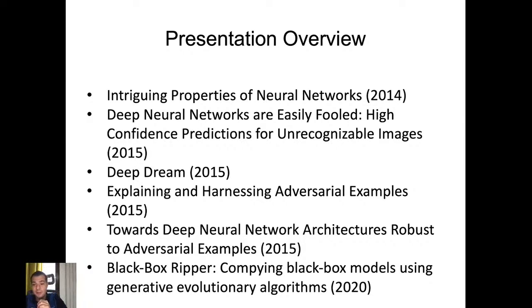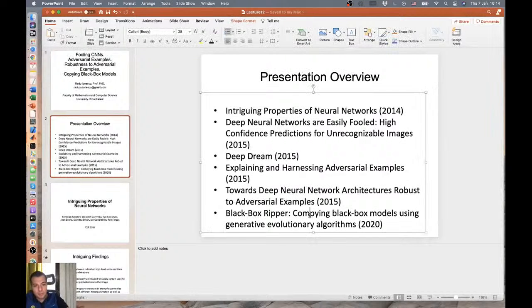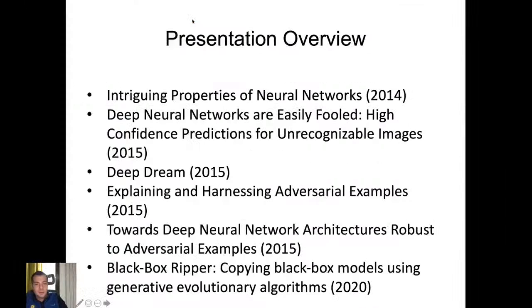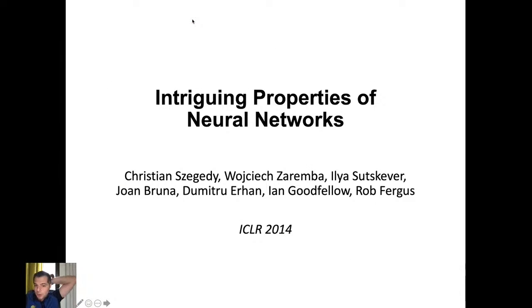deep dream images. Then we have another paper that tries to clarify why adversarial examples happen, and provides a more robust explanation than what was previously thought. Then we will also see a paper that tries to improve models to avoid adversarial examples. And finally we will discuss this final paper. I saw a small typo that I'm going to fix. Okay, so these are the papers for today, and I'm going to start with the first one.